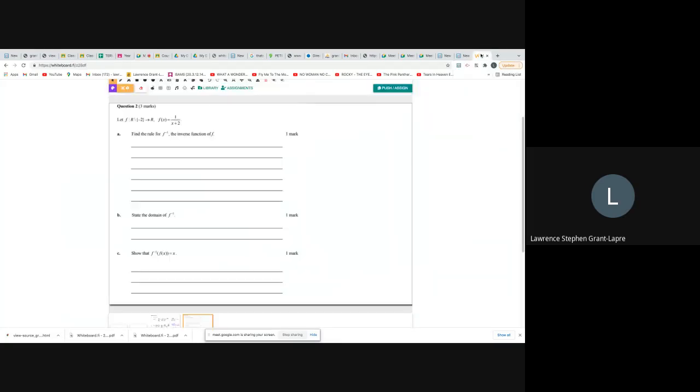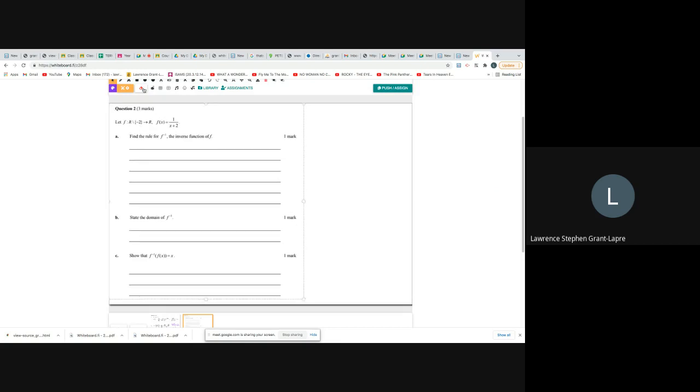Question 2, find the rule for the inverse function. And we've got the function here, and we've got everything except -2. So if I put originally y equals 1 over x plus 2, if I change the x and the y over,